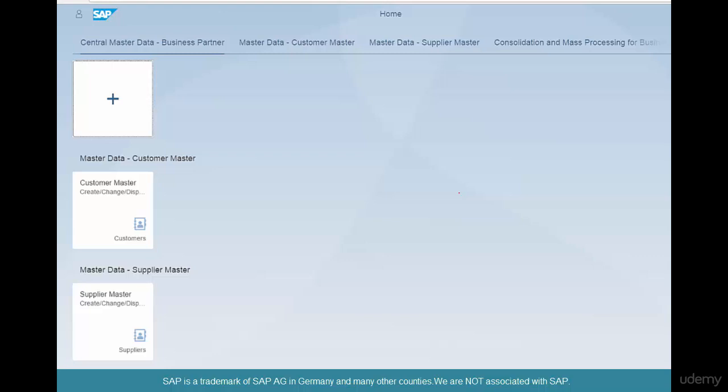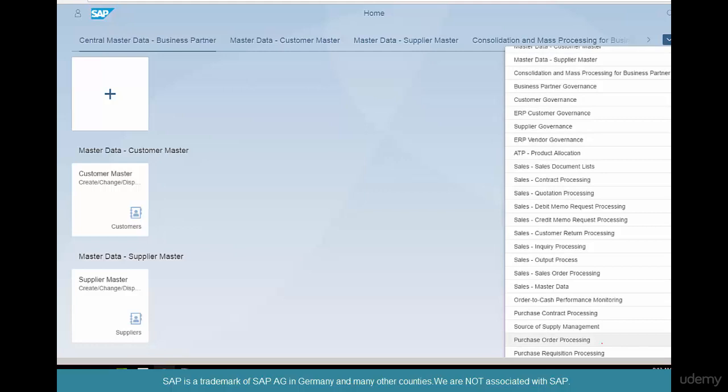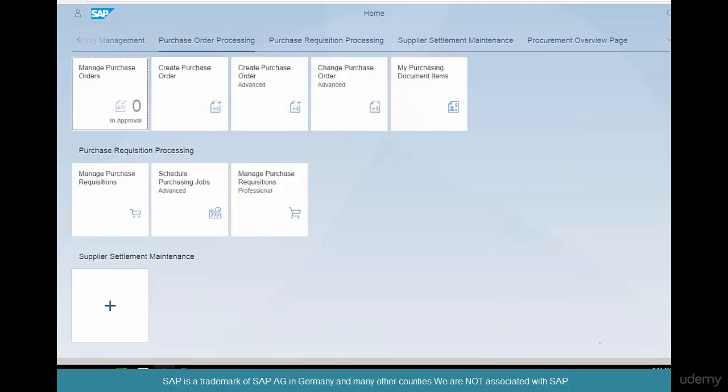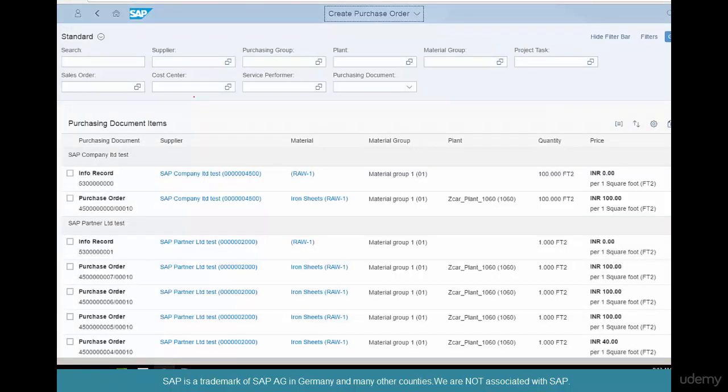So let's pick an app. And the way you pick an app is very simple. It's like how you pick a tile on your iOS or Android. For example, what do we want to do? We want to create, let's say, for a change, let's go to purchasing, right? Purchase order processing, all right, and create purchase order. That was easy, isn't it? And then it lists out a bunch of info records based on which you can create purchase orders. So say I want to create an order based on that